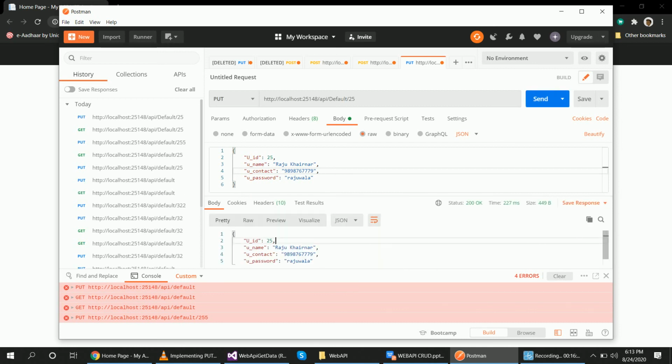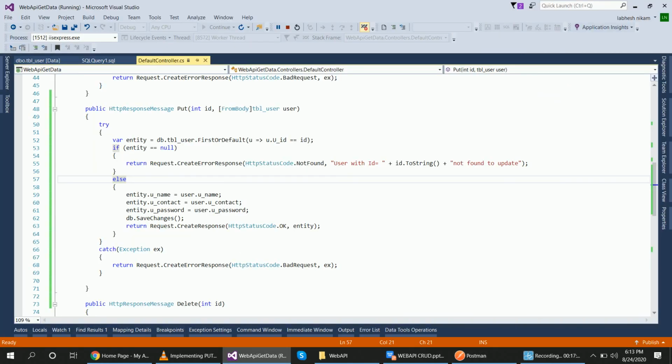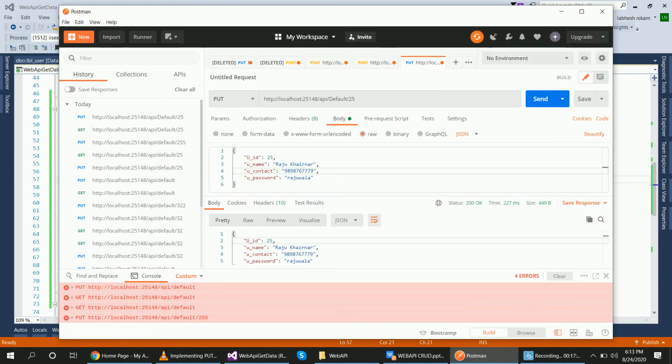Yeah, the updated record is generated here, 25 number, Raju Khairna username is updated, and you can see here the status code is 200 OK. When I had not put HttpResponseMessage here, the status code was 204 No Content, but now it is 200 OK. And if I put an unavailable ID, what happened?